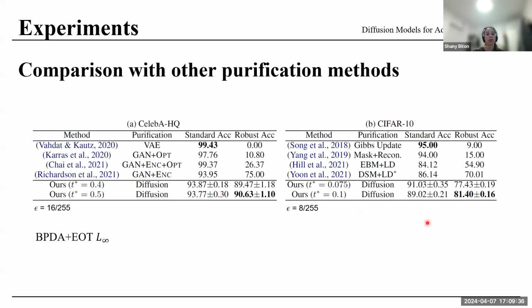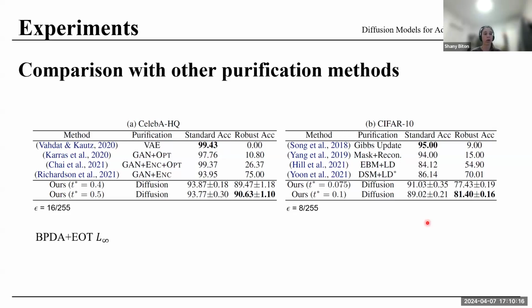And then they wanted to compare with other purification methods, and this is what I found kind of interesting. Here they are using a different attack from the adversarial training attack, which is called BPDA plus EOT. The reason they are using it is, as I said, purification methods had some problems with computing the gradients, as they are obfuscating, meaning they are not very useful for computing adversarial examples because of the randomness in the models. So here they need to find some other, more sophisticated attack